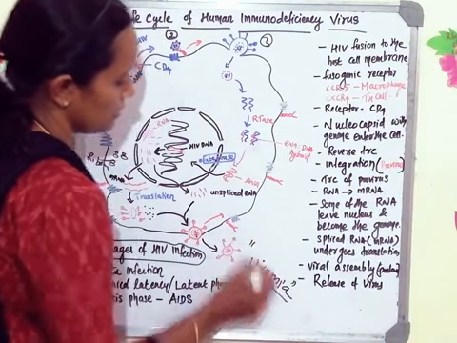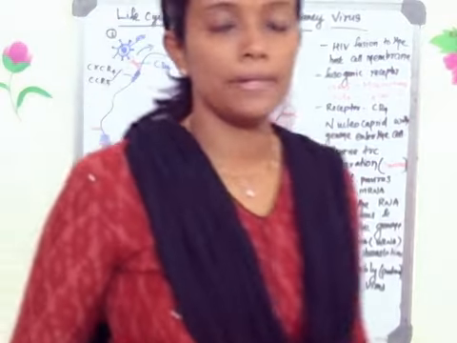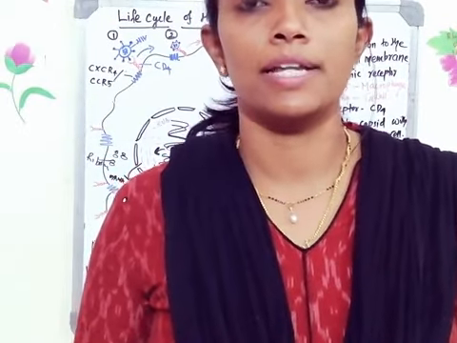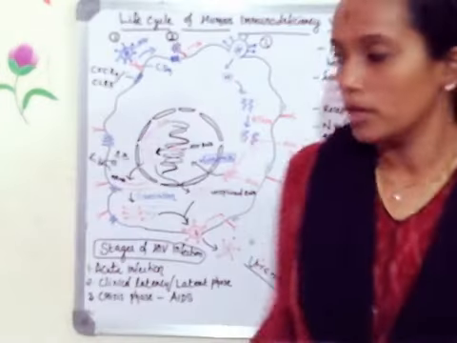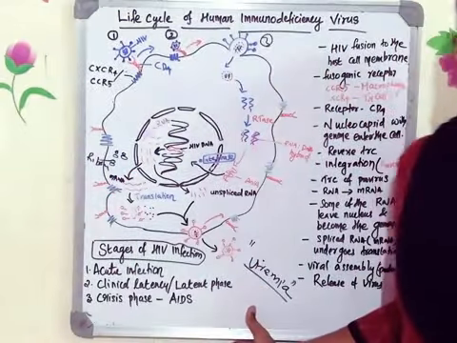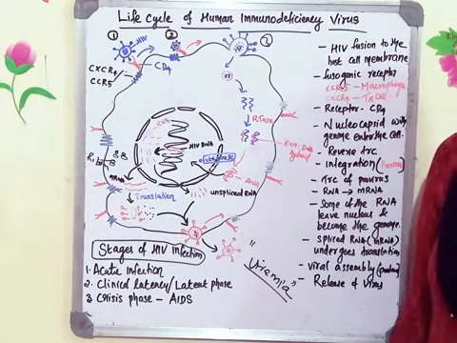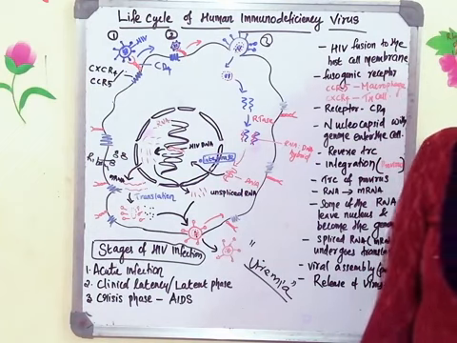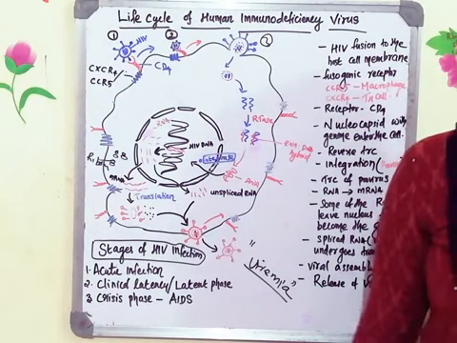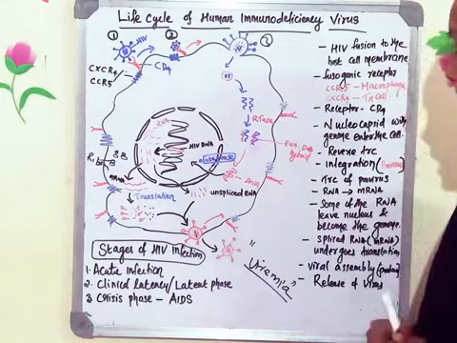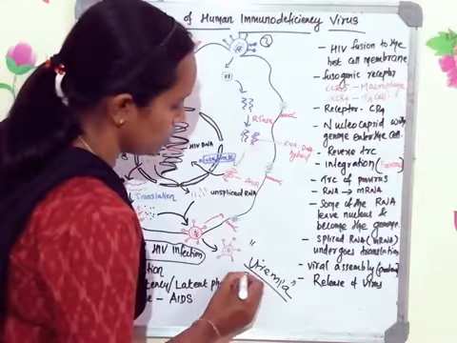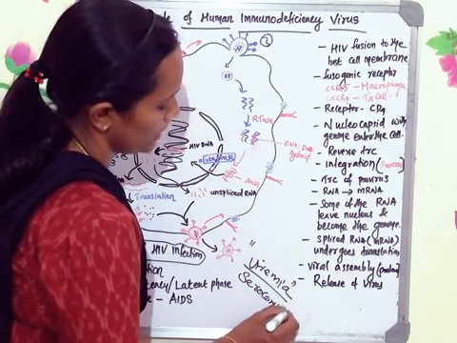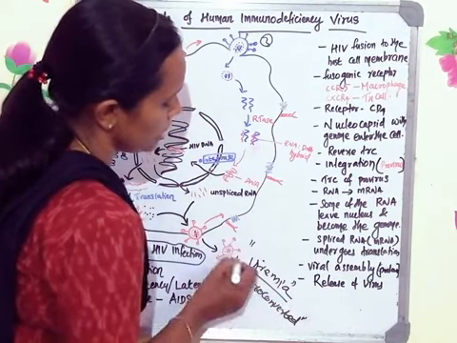As soon as he gets the infection, the viral multiplication cycle happens, and he will have so much viral load. Viral load means the number of viruses in his serum will be more. That condition is known as viremia. Because of that, he will have light flu-like symptoms, and the body will start producing antibodies. Viruses will be more, and after a few days you can see antibodies in the serum. That stage is known as the seroconverted stage.